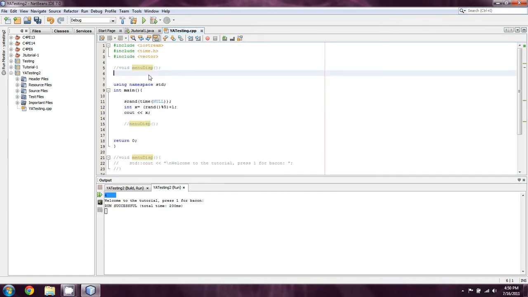So let's say we'll do one for circumference, and we'll have it return a double. So double circum, and what do we need for circumference? Circumference is